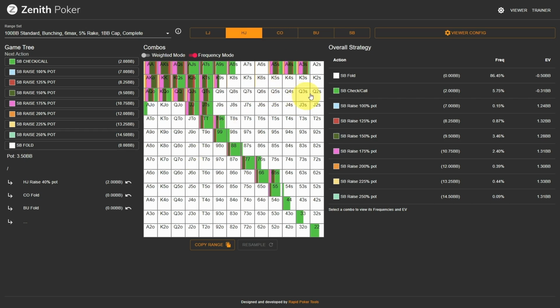These wheel aces are being used as a 3-bet bluff. Some of these suited connectors, such as 10-9 suited, 7-6, and 6-5 suited, are also being used as a bluff. Semi-bluffs, these pocket pairs, these Broadway suited hands, and these stronger offsuit Broadway hands. Pocket jacks is somewhere in between value and a bluff. We'll see that its calling EV is quite high at 1.04 big blinds, and it is indifferent between calling and